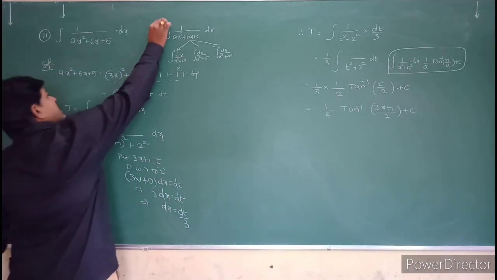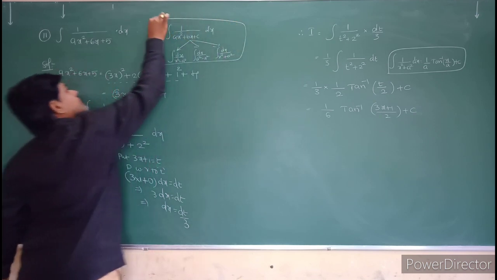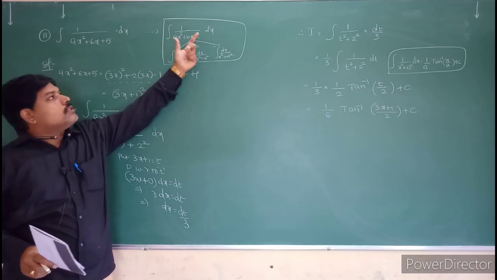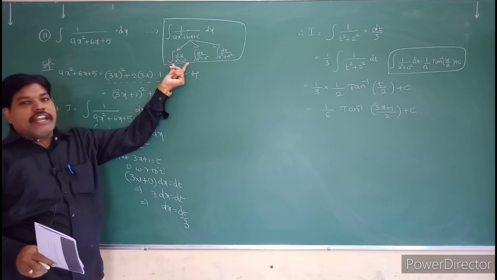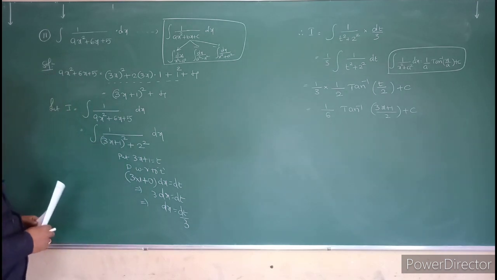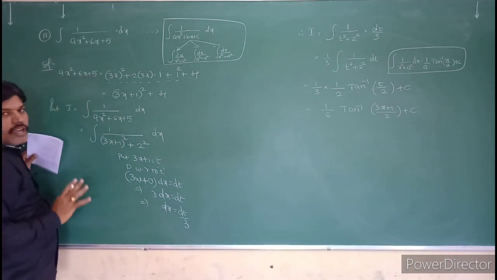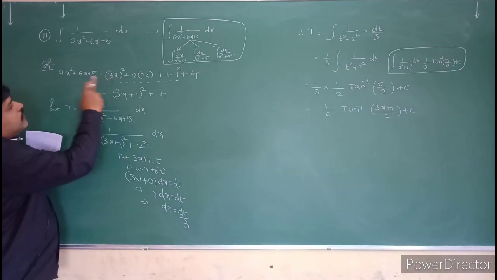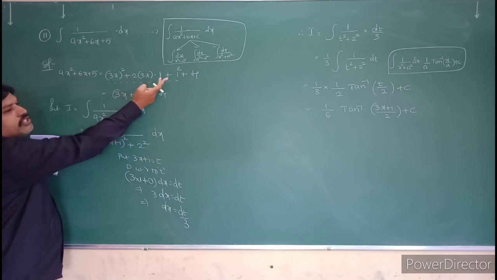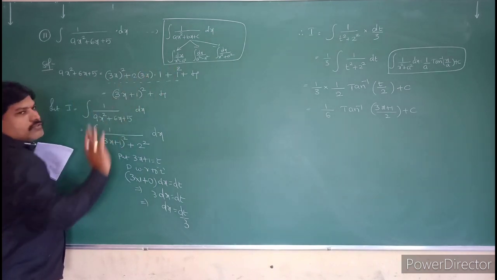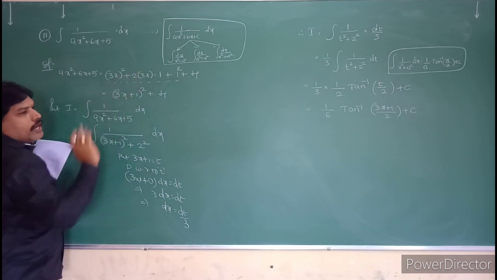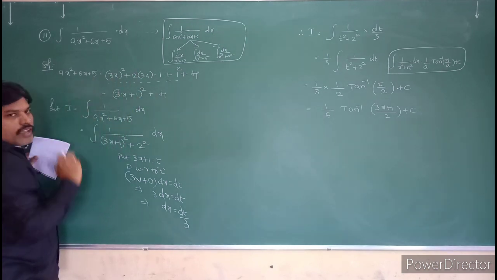So the problem is in the form of integral of 1 by ax square plus bx plus c. For that formula, you have to convert the denominator into any one form: x square minus a square, or a square minus x square, or x square plus a square. So you have to identify that 9x square plus 6x plus 5 has some order. 9x square I have written as 3x whole square, plus 6x you can write as 2 into 3x into 1, plus this 5 you can write as 1 plus 4. Why? Because I am writing like a square plus 2ab plus b square. So that is nothing but a plus b whole square plus 4.